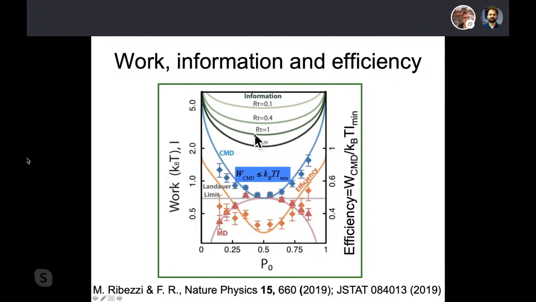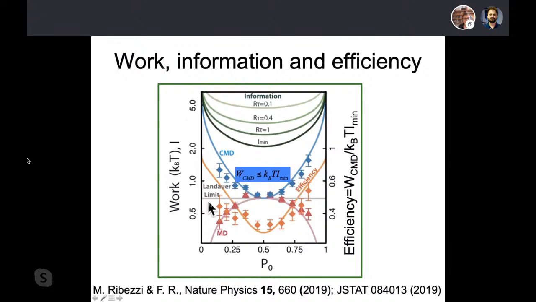You go to the other side of the diagram if you want. And you can also plot the information content you saw in these red lines. R is the relaxation rate of the system. Now, information tends to diverge logarithmically if, for a finite relaxation rate R, you take tau to 0 between consecutive measurements. We are not interested in this limit. We're interested in the fully decorrelated measurements limit, which is the easiest one, and it gives you the minimum information, which of course is above the work that you can extract.